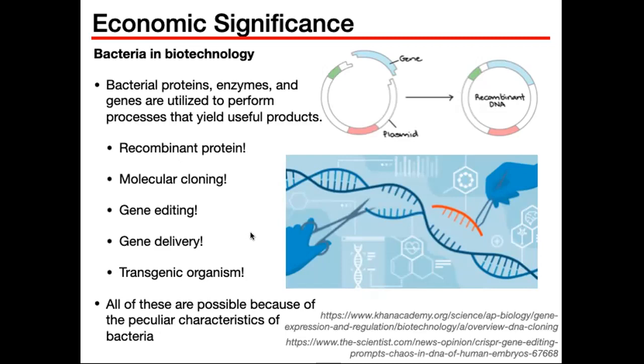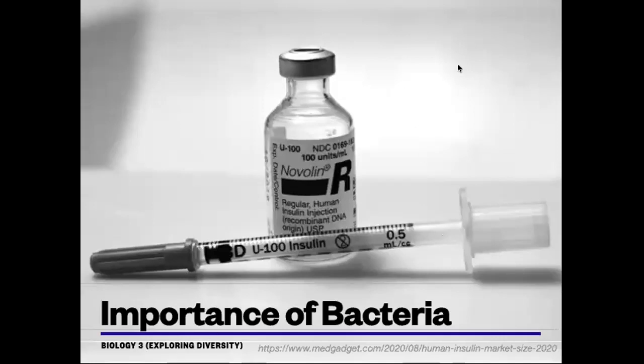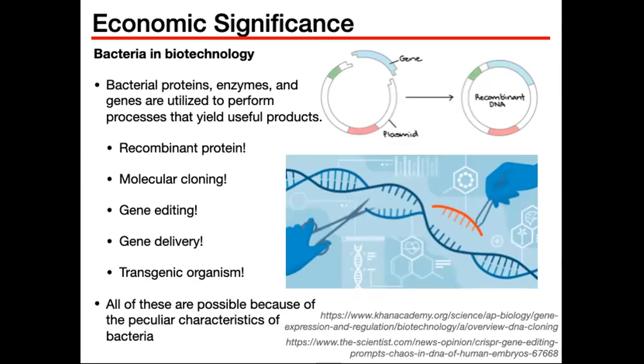So it has many applications, like recombinant protein, no? Like the example we gave earlier in the beginning, no? This is actually the first recombinant protein, the insulin shot, that's made from bacteria. Okay? And then gene editing can also be used this way, gene delivery, and even coming up with transgenic organisms. Okay? And all of these research areas and advances in biotechnology are possible because of the peculiar characteristics of